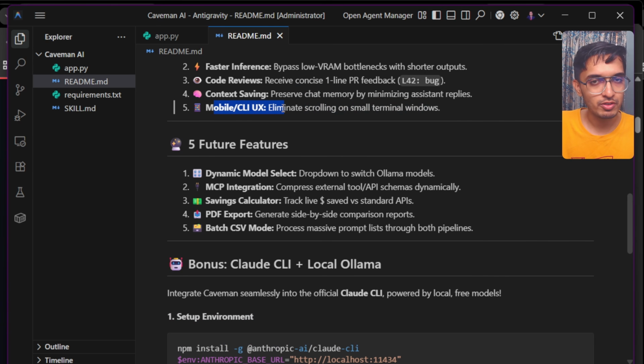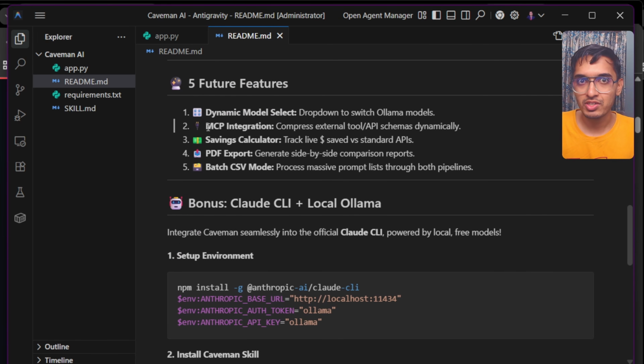And you can also eliminate all the scrolling on small terminal windows when you are interacting with AI agents on mobile platforms. And on top of this project, you can also do some more future feature additions, where you can add dynamic model selection so the user can switch between different Ollama models, add external tool integration using MCP integrators, track your overall token savings across multiple conversations by adding a savings calculator, and save the final side-by-side report that I have shown as a PDF, or pass in massive prompt lists using a batch